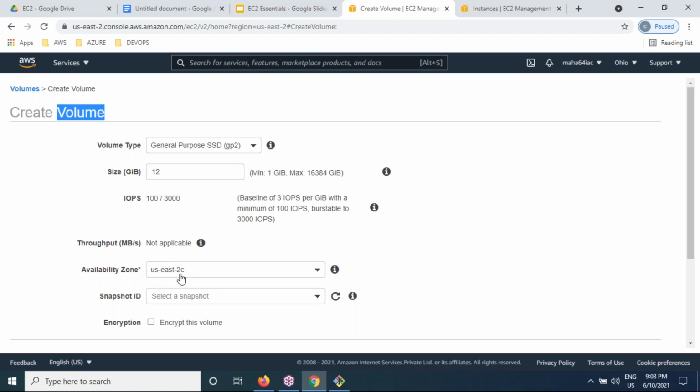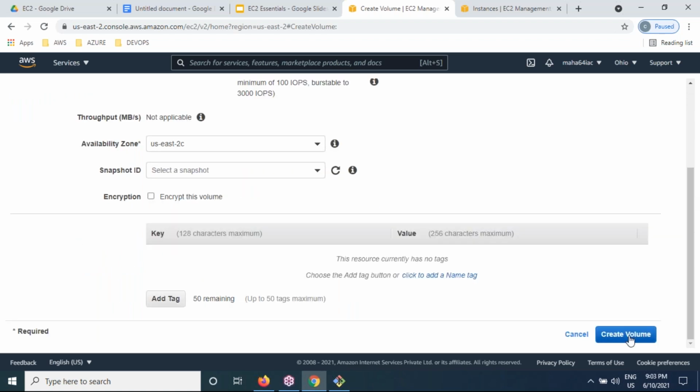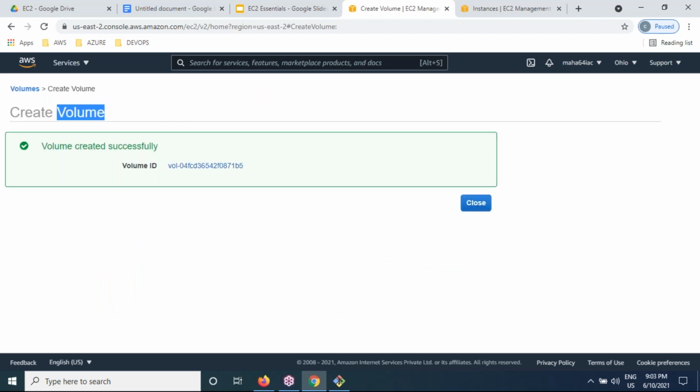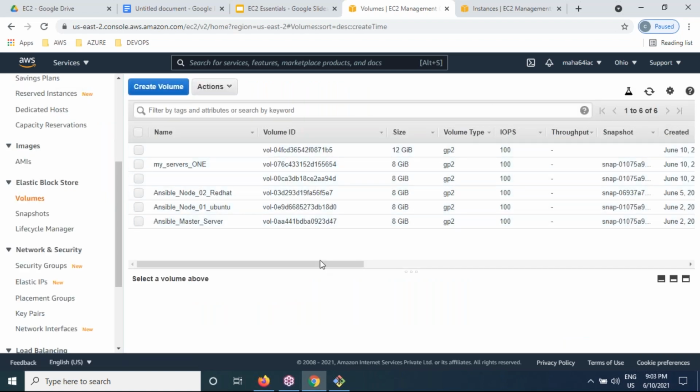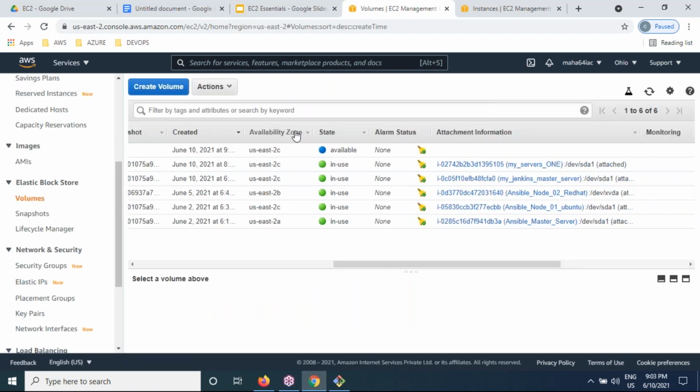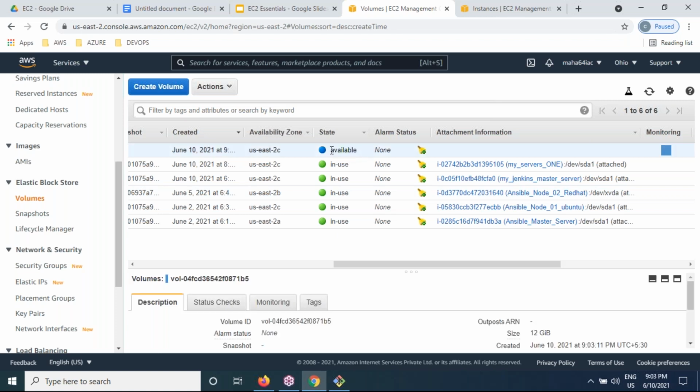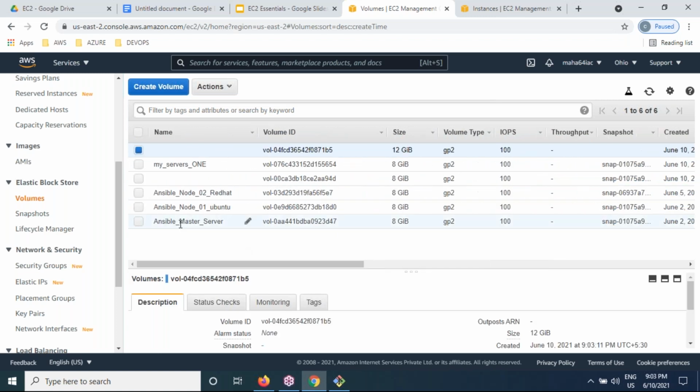So let me click on create volume. The volume has been successfully created. It is available but not in use. Let me name it additional volume.